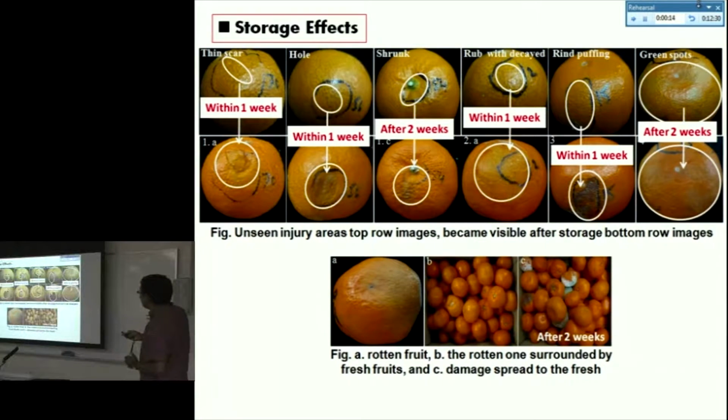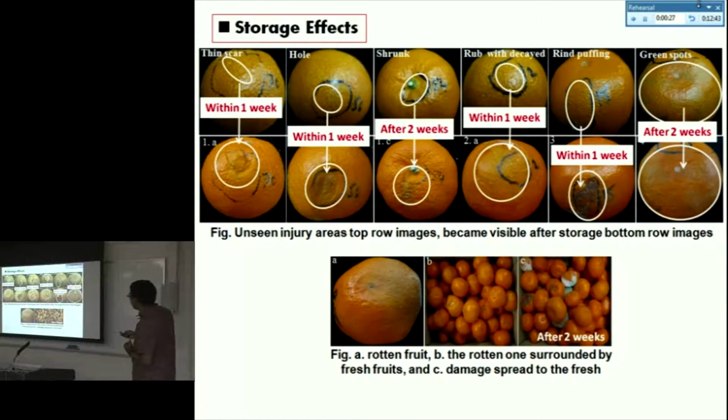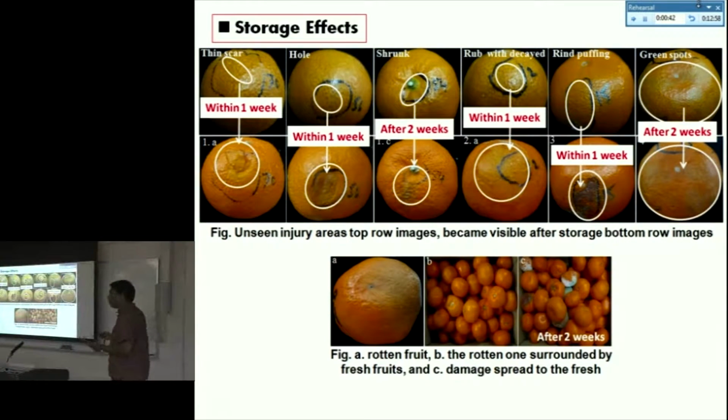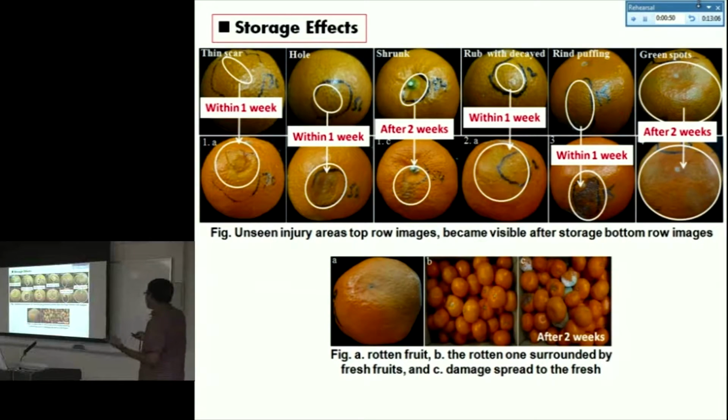We see the thin scale and hole, after 1 week, they become rotten, and the injured area became more visible, and the fruit totally rots. For shrunk, after 2 weeks, we see the affected area become visible. In the case of rubbing against decayed fruit, within 1 week the affected area increased and the damage developed. And rain puffing, within 1 week, the damaged, depressed area goes from darkish to black